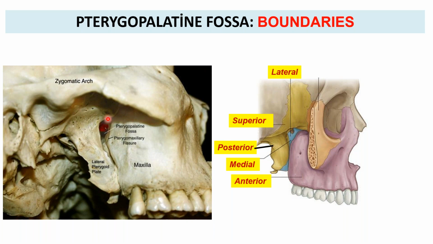The superior wall over here will be formed by the undersurface of the body of sphenoid. This is the posterior wall, which will be formed by the roots of the pterygoid process and the adjoining greater wing of sphenoid portion. The anterior wall will be formed by this maxilla bone, and inferiorly you can see this portion which is coming, which is the palatine bone, and the fusion of the palatine bone perpendicular plate with the maxilla, which closes this pterygopalatine fossa inferiorly. So this is how the pterygopalatine fossa will actually appear in the bone.